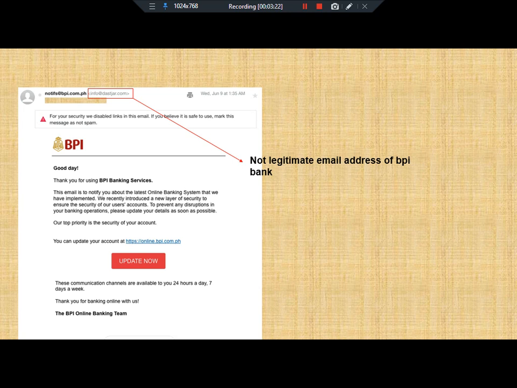This is one of the biggest banks here in the Philippines. Take a closer look. The domain of the email is info@jar.com. So it is not a legitimate email of BPI. So be careful when you provide information. Please read it carefully and check the domain of their email.